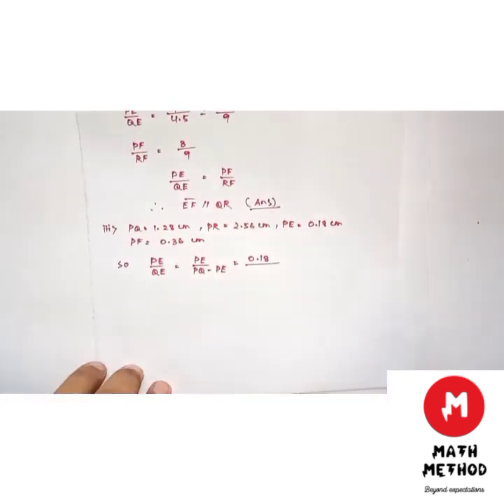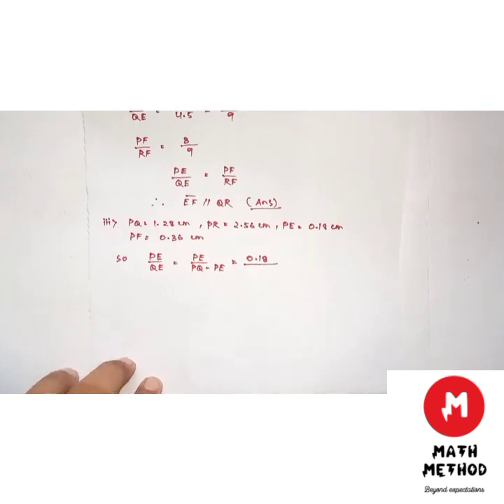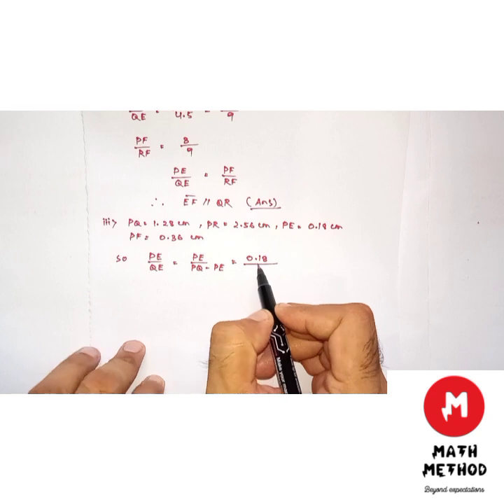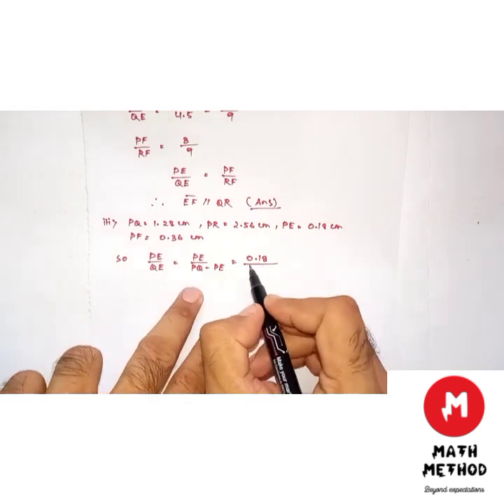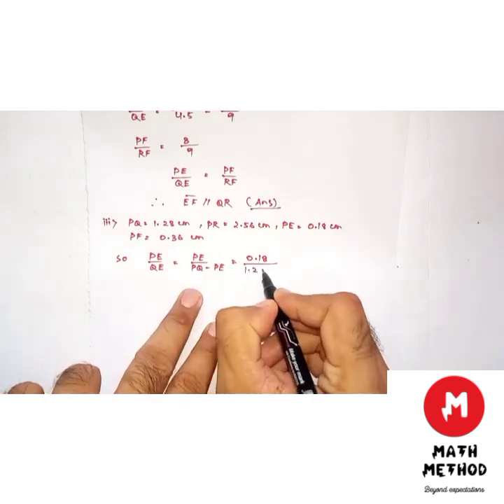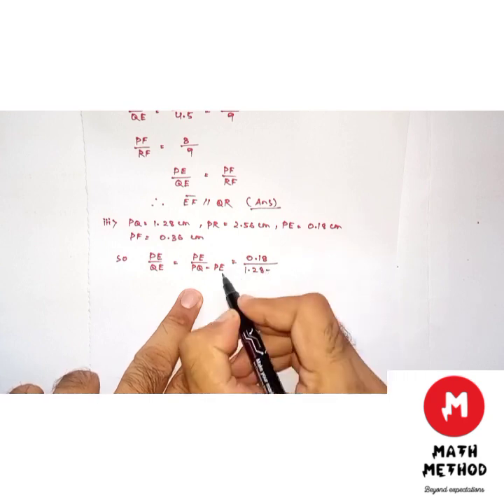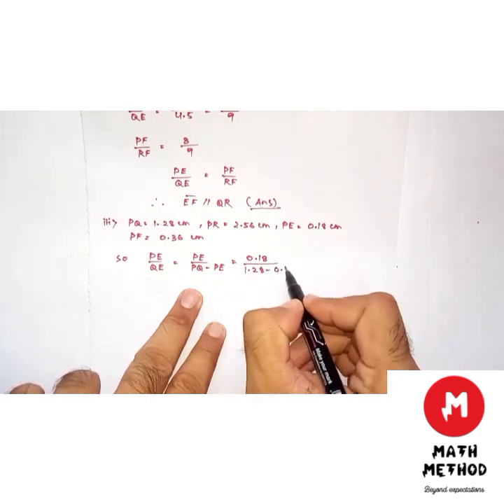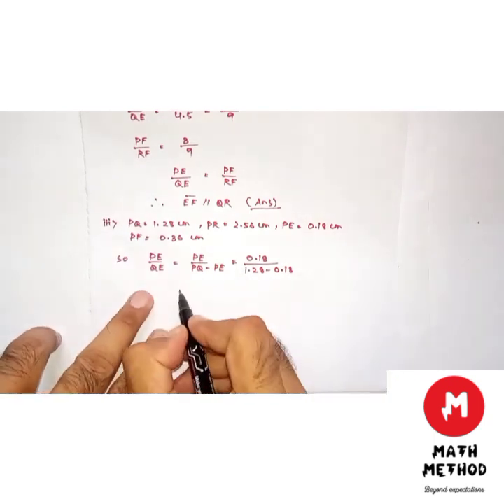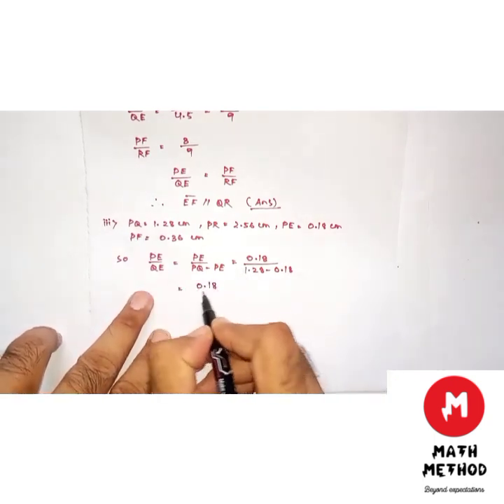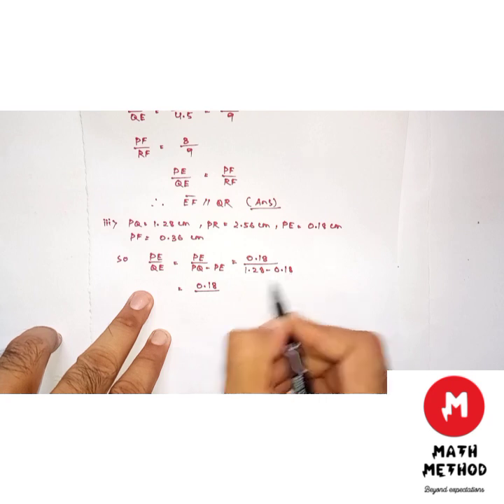So in part 2, PQ is equal to 1.28, PR is equal to 2.56, PE is equal to 0.18 and PF is equal to 0.36. Now QE is not given, so QE is equal to PQ minus PE. Now this is PE divided by QE, which is 0.18 upon 1.28 minus 0.18, is equal to